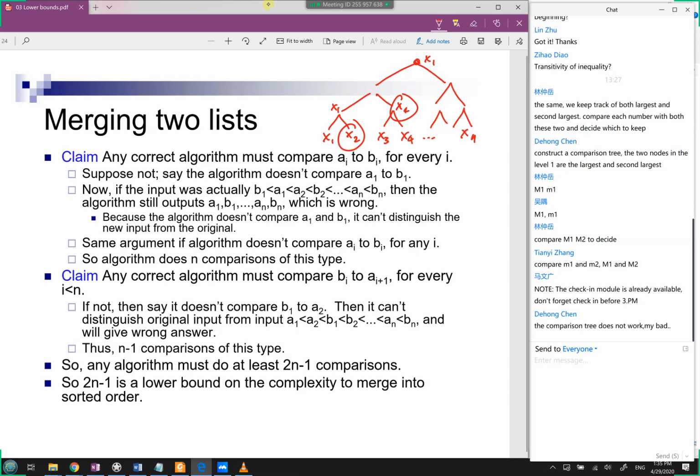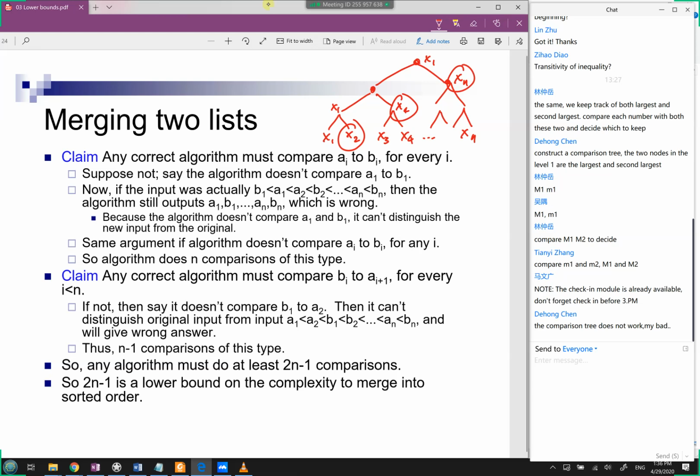So x4 also competed against x1 at this node over here. In fact, you have to look at all of these nodes that competed against x1 and then lost to x1 at some point. So here you have some xn, let's say. And now the second max has to be one of these values. So you can think about that, because, yeah, the second max is one of these values.